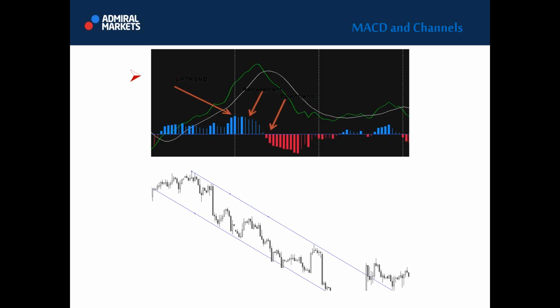Basically, it's much easier to use the equidistant channel tool, as we all have on the MetaTrader 4 platform. By using channels, we can also define tops and bottoms and whether the trend is going upwards or downwards, or we have a sideways market. So this is the channel, and you see the channel also defines the trend. You can see peaks and bottoms, highs and tops, and how those channels can define a trend. In this picture, we have a nice example of a downtrend.